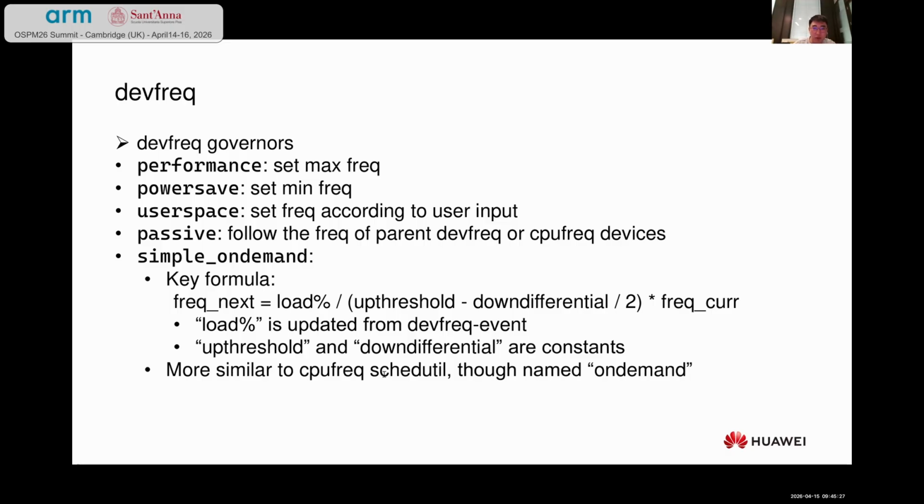If you don't remember schedutil, you will multiply the load by 1.25 and then multiply that by the current frequency,